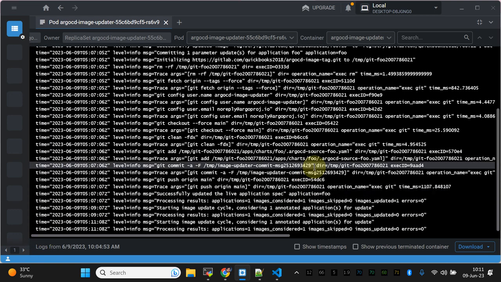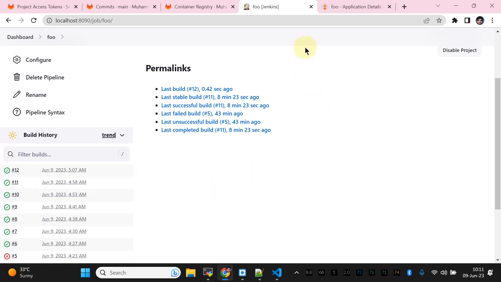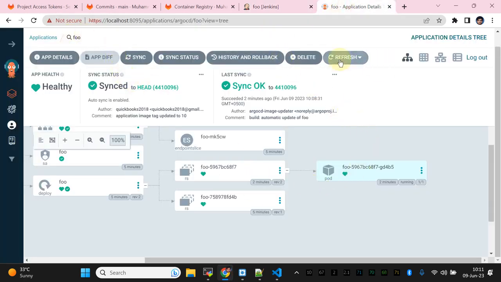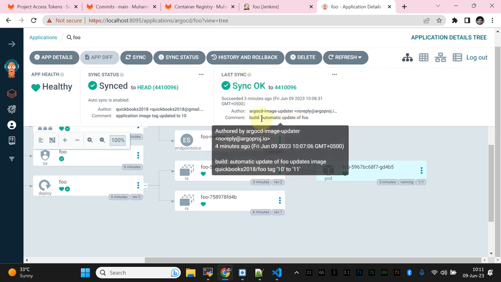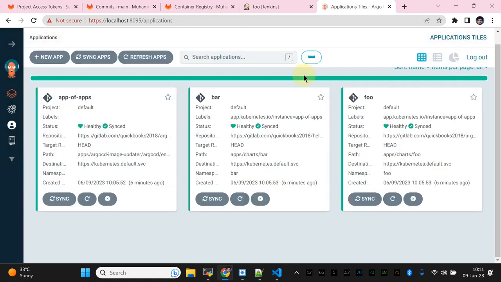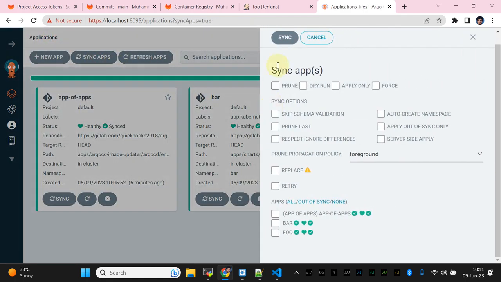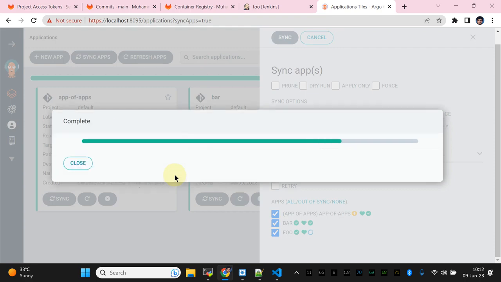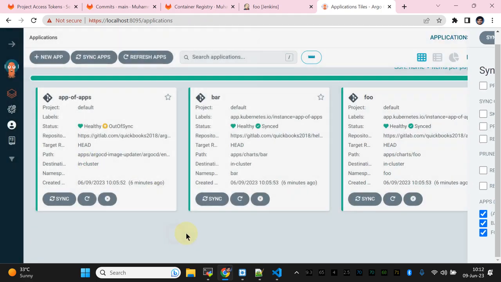Okay, so this part is done. Currently, if I do refresh, you can say that you see build automatic update of foo, this authored by no reply, and you see done the automatic foo tag to 11, and let's try to do sync here, although the thing is automated, but we need to do it quickly. Let's try to do the syncing,